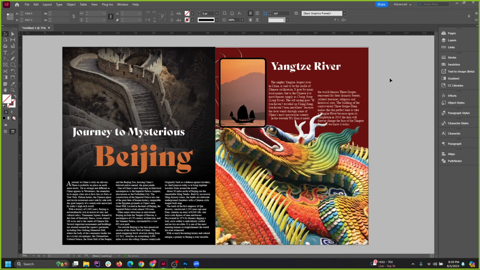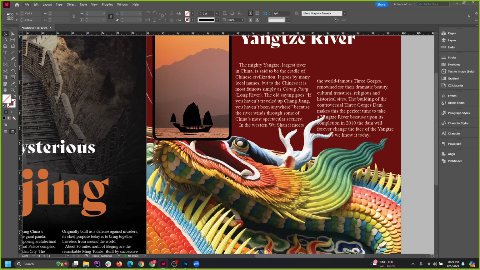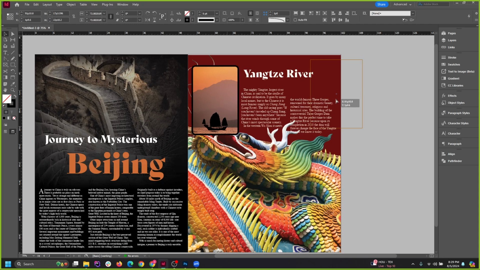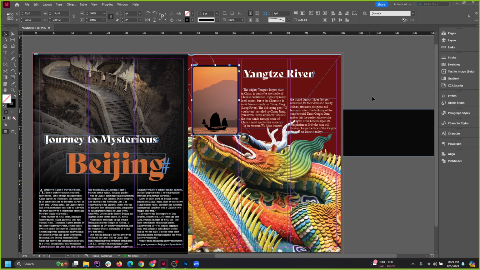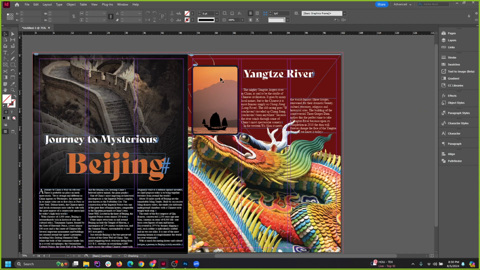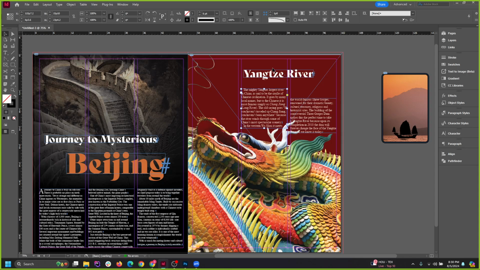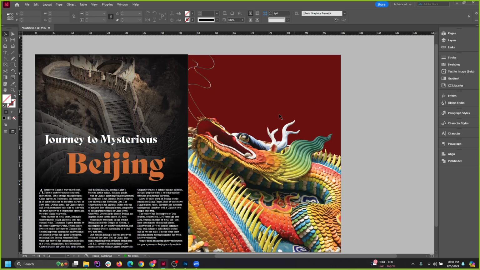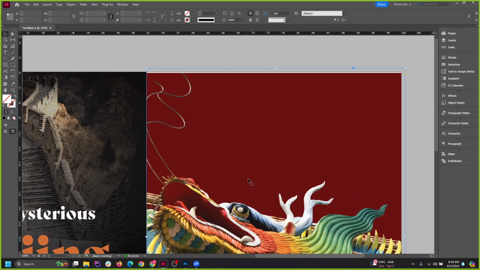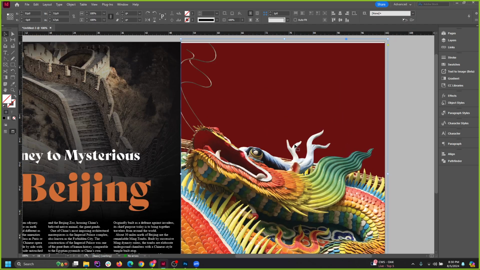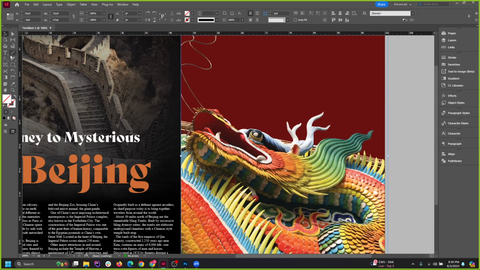Let's continue. So we have this really big dragon over here, and there's lots of empty space up here. Looks like it's perfect for adding some text into it. So we could use,